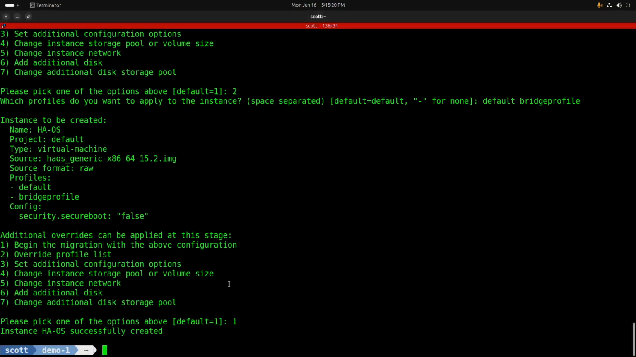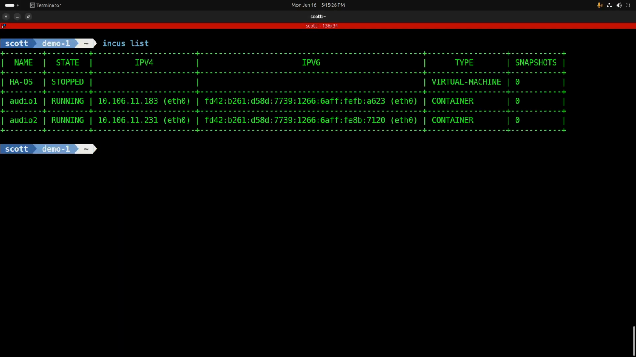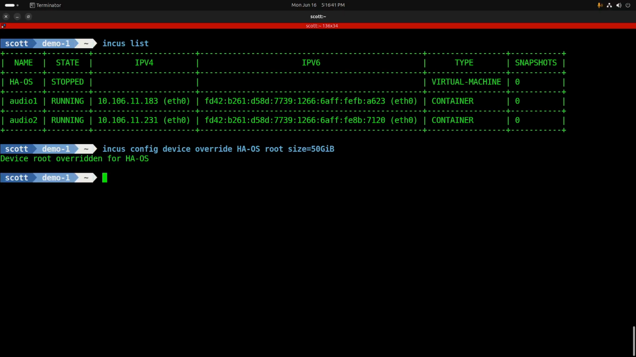Now that Incus Migrate has completed, you can go ahead and do an Incus list, and we should see the container here, HAOS, listed. The default size of an Incus virtual machine disk is 10 gigabytes, and so I can use this command to override that by saying incus config device override HAOS root size=50GB, which I believe is more than enough to handle hosting the Home Assistant operating system installation. Let's start our HAOS instance with the command incus start